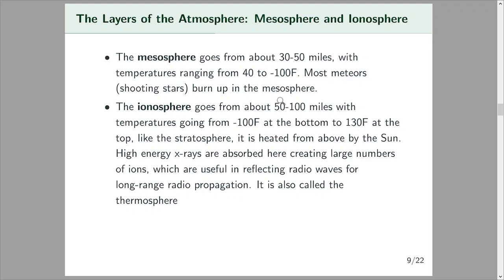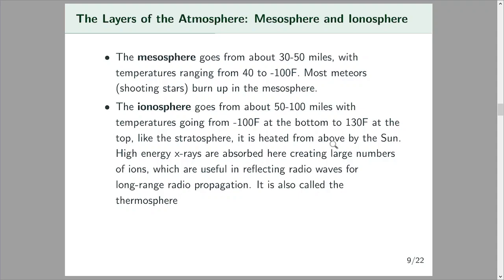It's practically vacuum. We can have spacecraft in orbit at 100 miles. And so there's not much matter in the ionosphere. It has some social importance in the sense that it has lots of ions. Because of all these X-rays, atoms absorb X-rays and become ionized. Those electrons in the atoms get this huge boost of energy, and they just get thrown out of the atom completely,